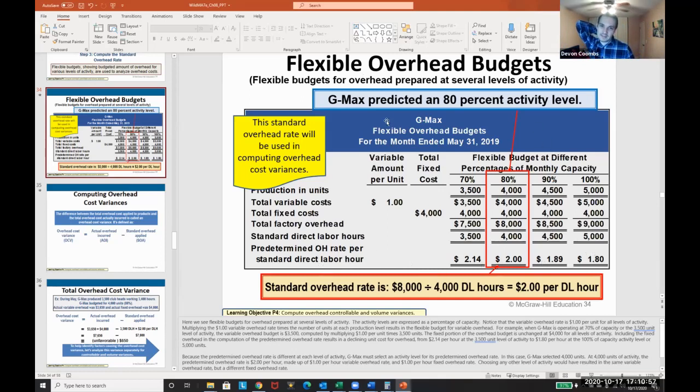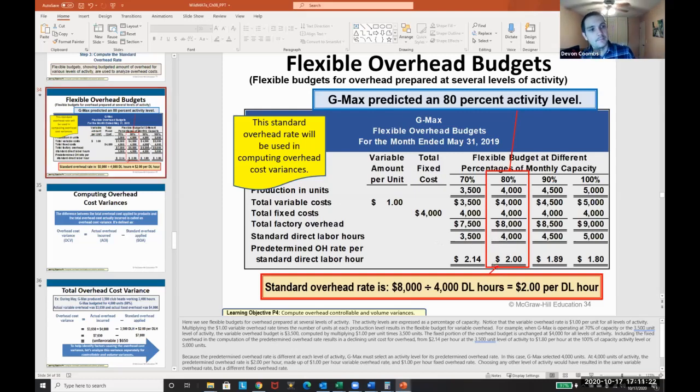So if we say we expect an 80% activity level here, we can predict a $2 per unit cost or overhead allocation because we are doing it by labor hour. So they're saying, hey, at 80% here, we have total factory overhead of 8,000. 8,000 divided by 4,000, our total standard direct labor hours, gives us a $2 rate,